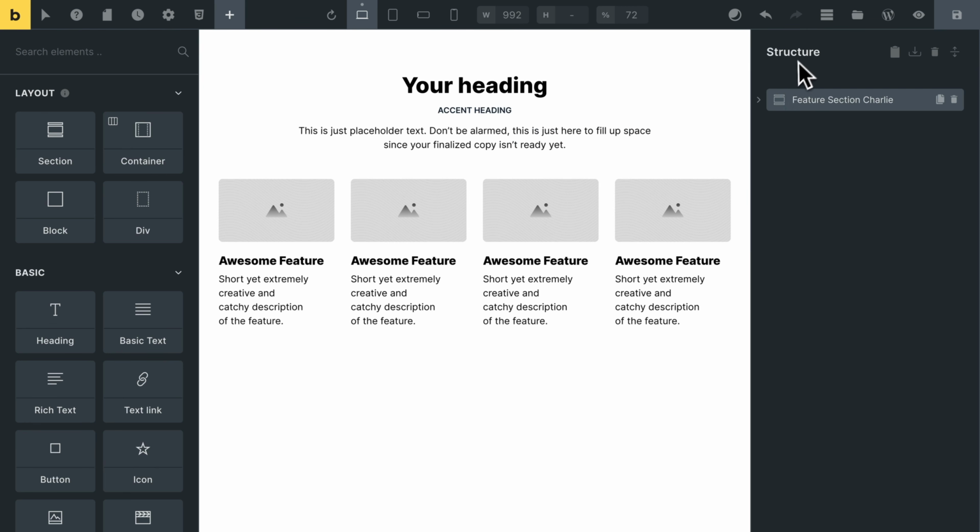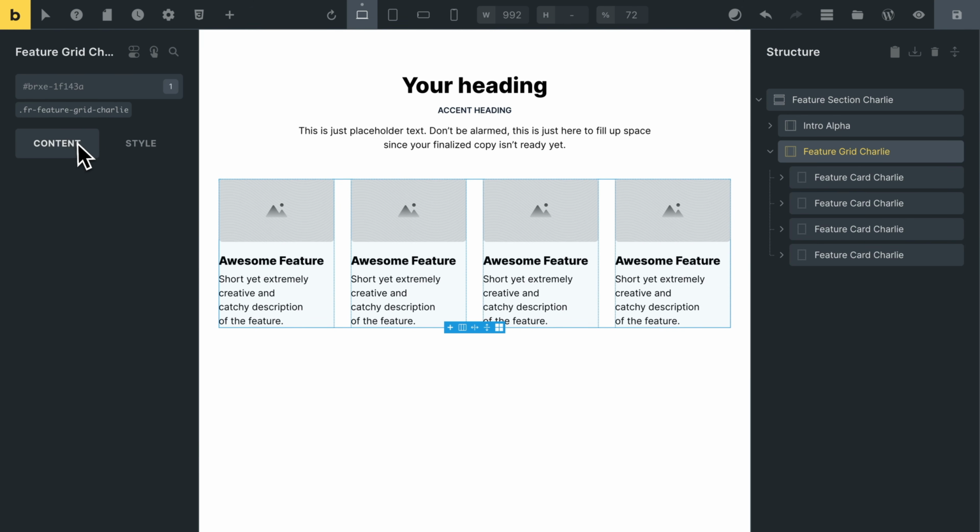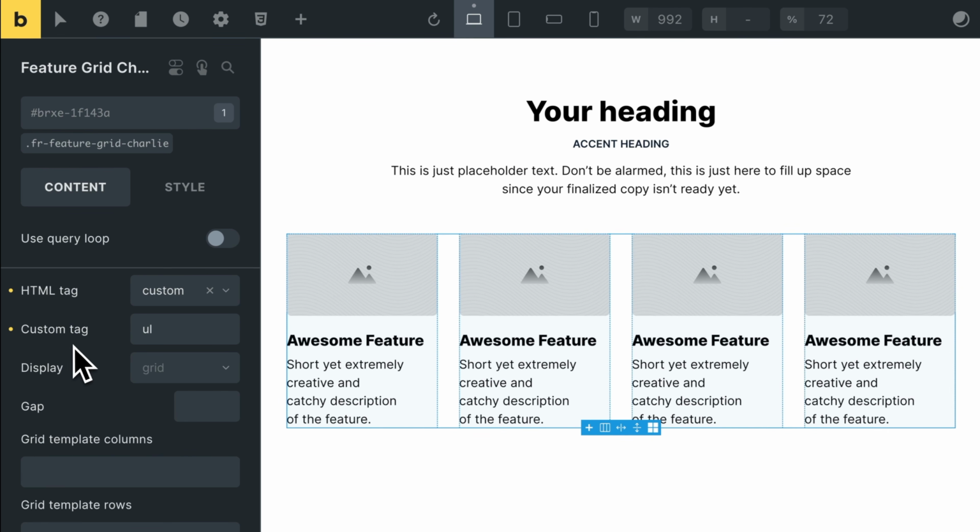So here, I just want to give you a kind of tip of the iceberg idea of the crazy amount of care and attention to detail that goes into Frames templates. So in terms of HTML structure and accessibility, see this container for this grid of cards? So if I come over to the settings panel, you can see that the container has a custom HTML tag of UL, or unordered list, which is like a bulleted list if you don't know HTML.